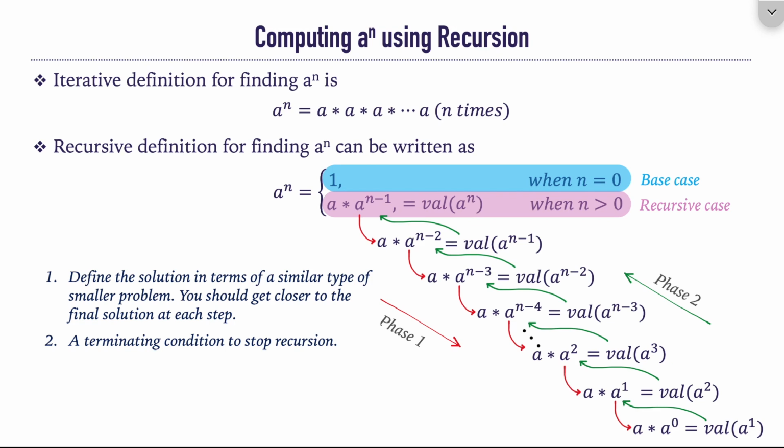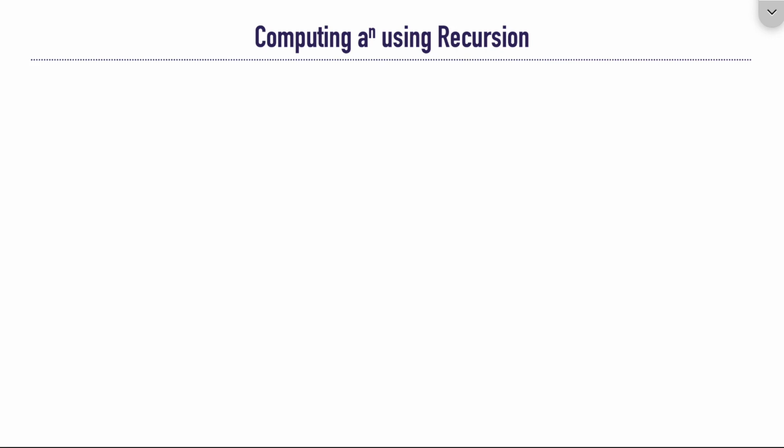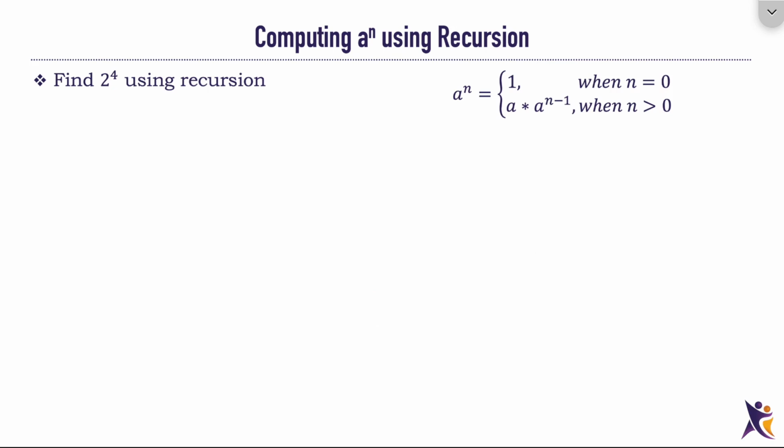So you should have these two values, these two things in any program which you are trying to solve using recursion. Now let's find a power n using a toy example. Let's say we want to find 2 power 4 using recursion. The recurrence relation for this is here, and if you want to find 2 power 4, it can be written